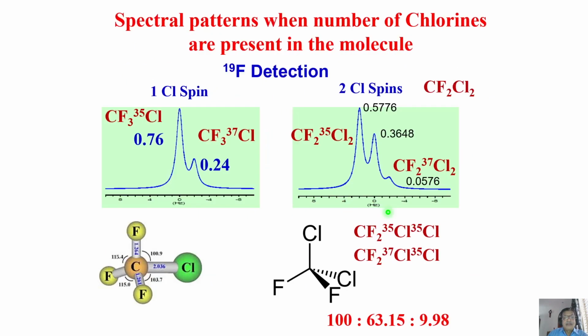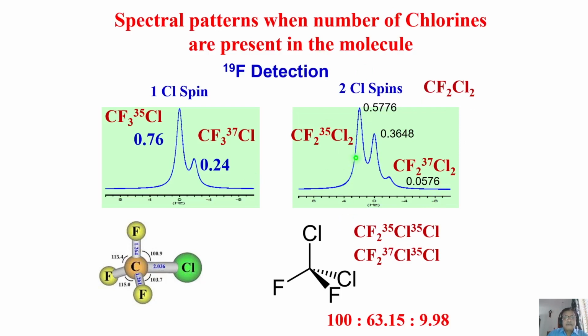All right. Now you can work out varieties of patterns like this. Instead of CFCl3, I take what happens if it is CF2Cl2, or if it is CF3Cl. You can work out. I gave an example for CFCl3. The same way, if I give you a molecule CF2Cl2, and I tell you 76 and 24% for different isotopes of chlorine, calculate all the intensities of the isotope peaks and the number of peaks that are possible.